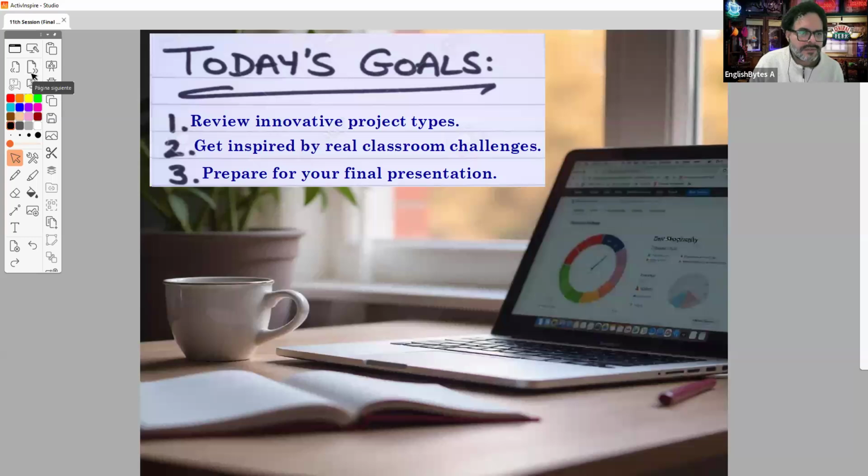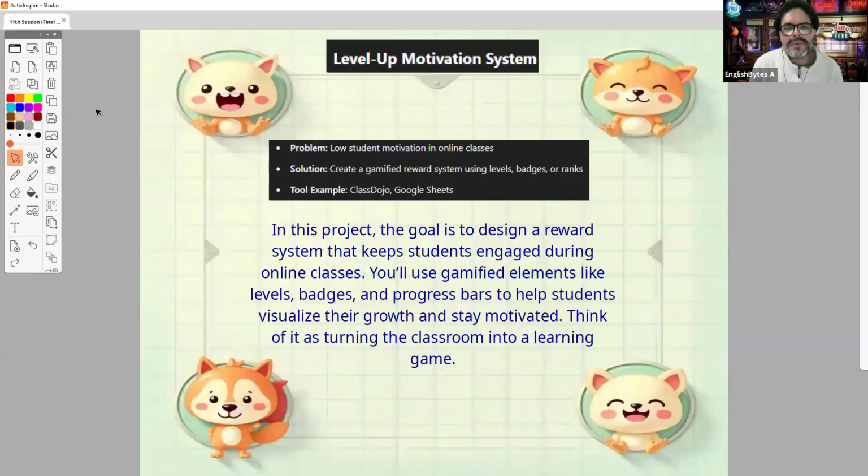So first idea is a level up motivation system. This works great for children, okay? You can maybe create this and by the way, for every idea, I'll be showing you the problem, the solution,